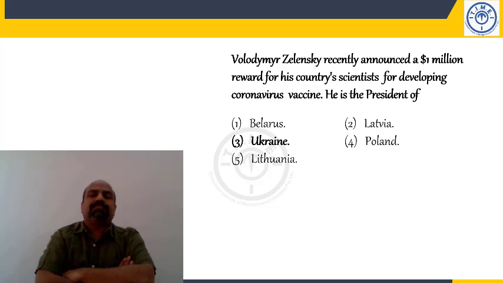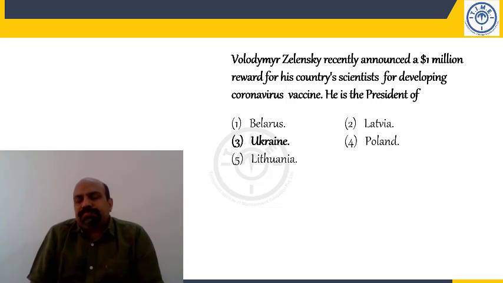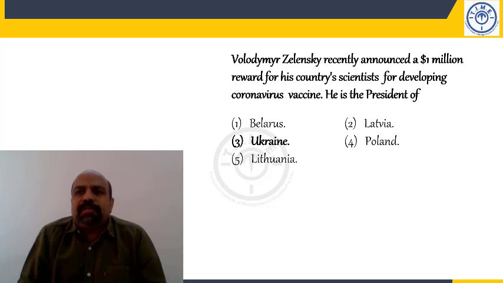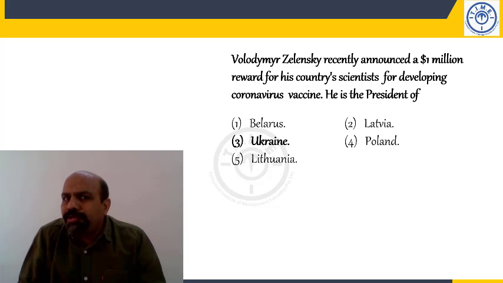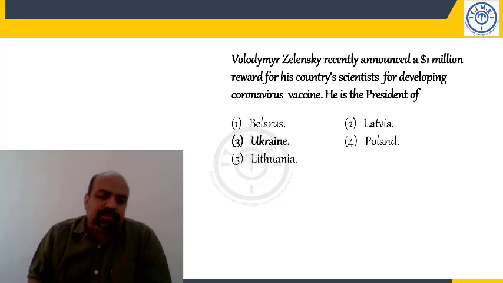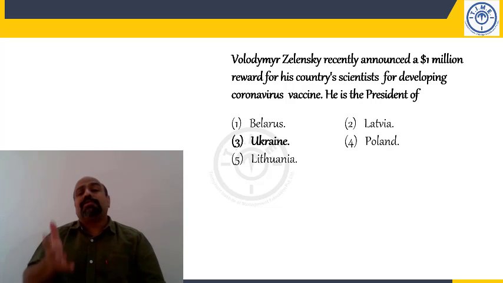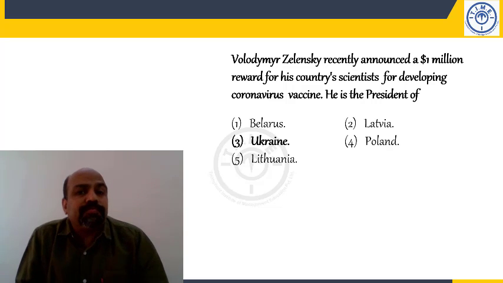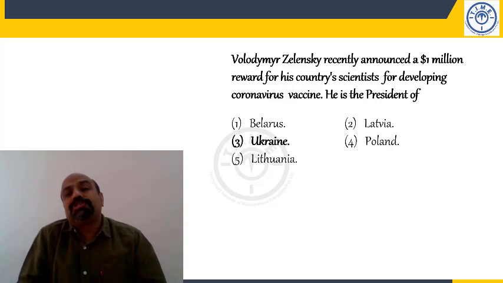Volodymyr Zelensky. This guy was once a television comedian, and it's a very politically unstable country. He is said to have told people, "You don't have my photograph in your office. No, I don't want any government office to have my photograph. I want government officers to have the photographs of their children,